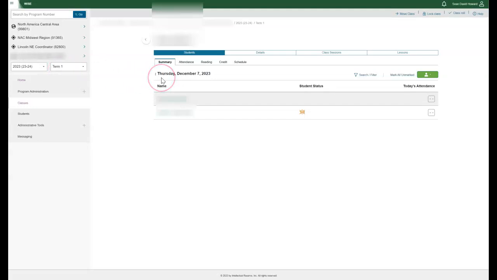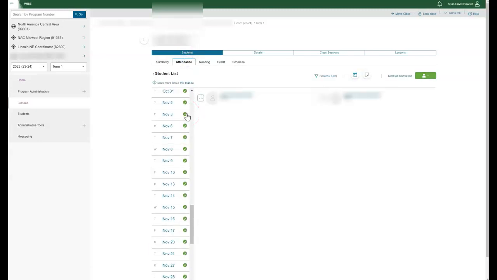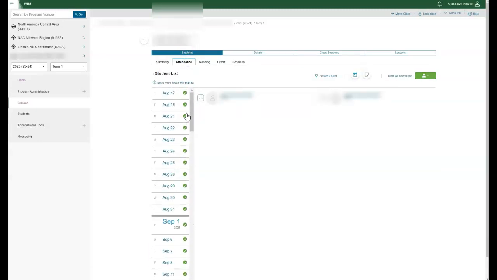So what you want to do is go to attendance first. Simply look through all your attendance, all the days. Every single day needs to have a green check mark on it. If it doesn't have a green check mark, if it's a half-filled circle, then you need to click on that and finish the attendance. Remember, every single student needs to be marked absent, present, or tardy for every day. There can't be this white little empty box,